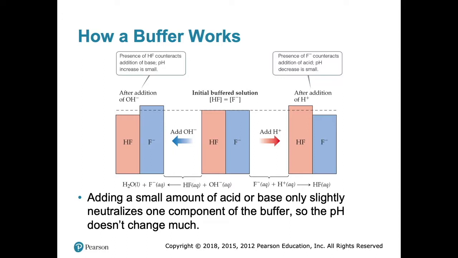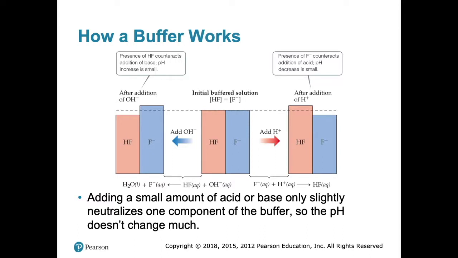So let's talk about how this works chemically. I used carbonate as an example because that's in your blood right now, the carbonate bicarbonate buffering system. But here they're using the fluoride ion as the buffer. Okay, so here's a solution. If you have in here hydrogen fluoride, some of it will be hydrogen fluoride, and some of it will be the fluoride ion.